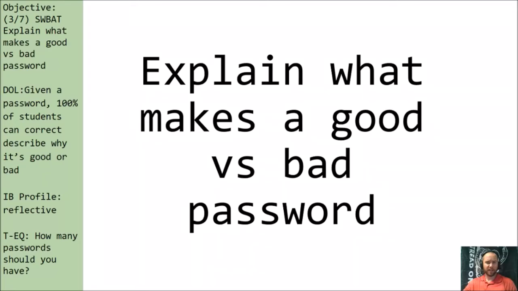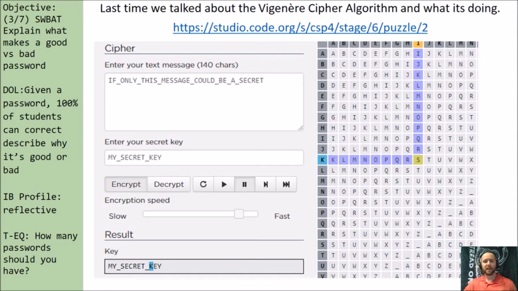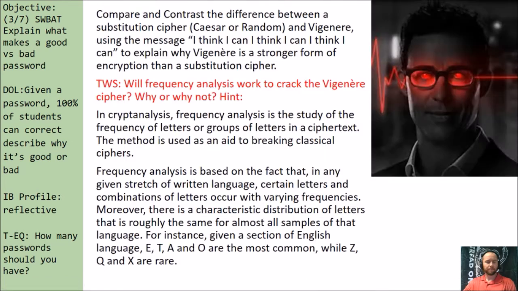The objective today is to explain what makes a good versus bad password. So last time we talked about the Vigenère cipher. This was a pretty fun widget that we could use on code.org. To start today, I want you to compare and contrast the difference between a substitution cipher and a Vigenère,